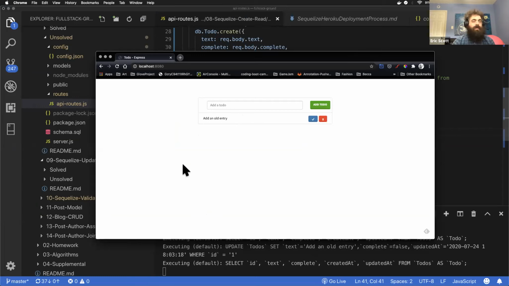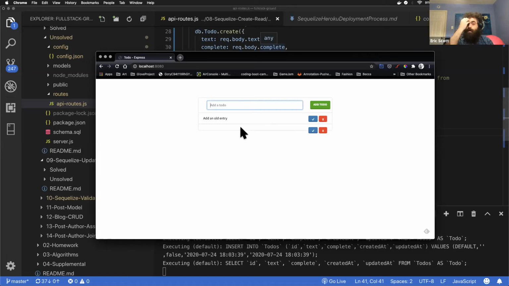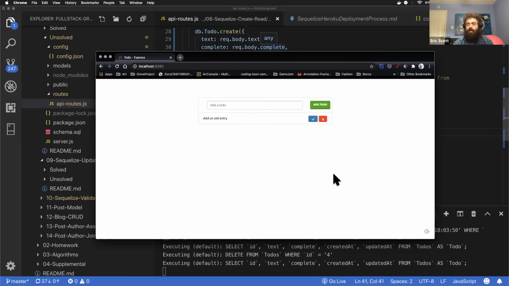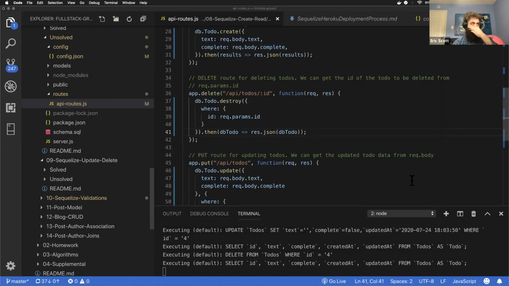Now, the user can use this at this point. In some sense, it's at an MVP, but there are a lot of quality of life improvements, we might call them. Things that aren't necessarily essential to the task, but just make using the app more pleasant. One of the easiest ones is we shouldn't allow them to make blank to-dos. Not only does it break our formatting, it's not especially helpful to the user. So we want to make sure that we don't allow that, and that's what we're going to do next